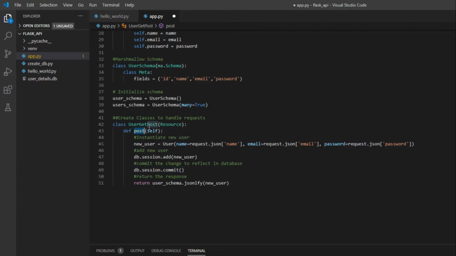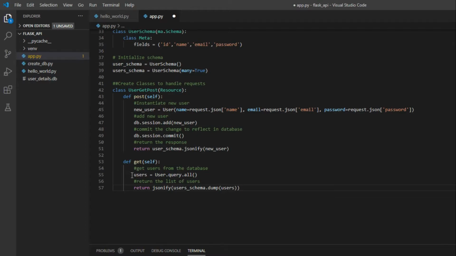So this is how we define a post request. Look here, we are not writing separate slash post or slash get routes. We are only creating a class, and inside it we directly create a function named after the request. Similarly, I am going to write another function for a get request. Define get. In get we are getting all the users and JSONifying the users_schema.dump, meaning first we serialize with the schema and then JSONify it and return the response. Okay, that's all.